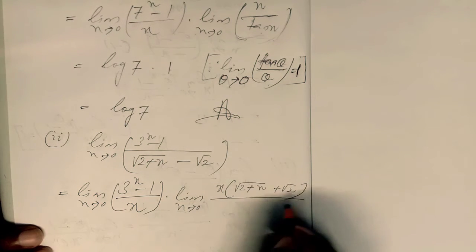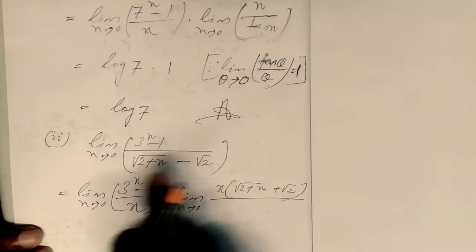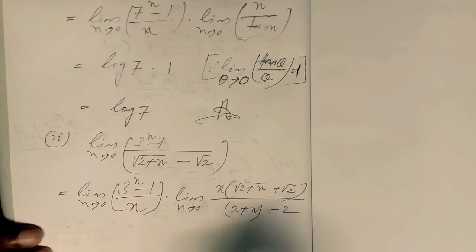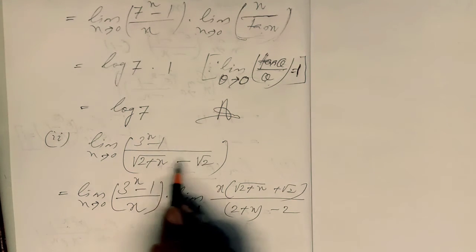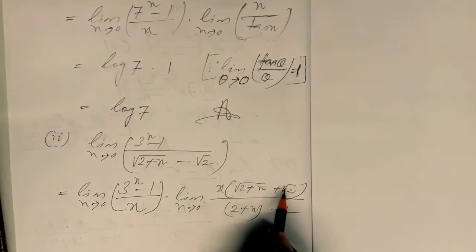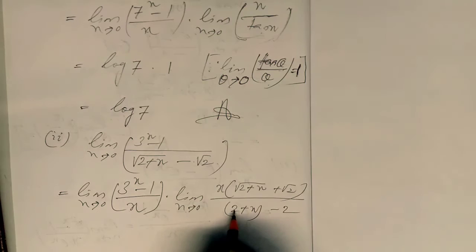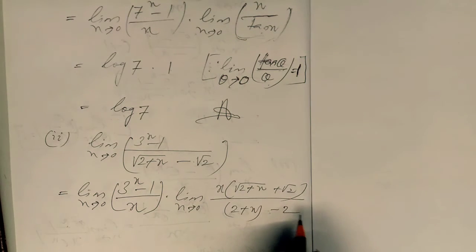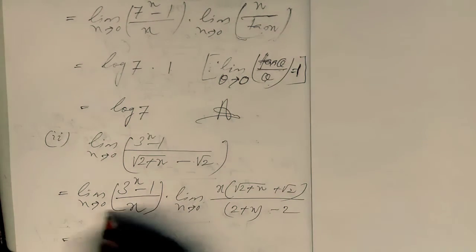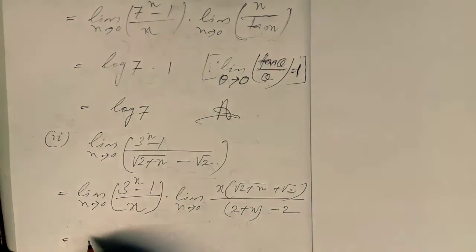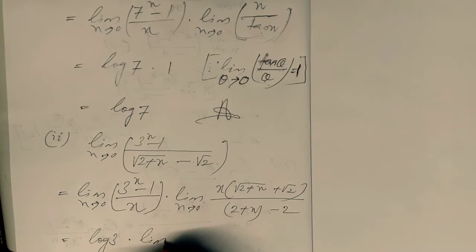Okay, and in the denominator what do you write here? If I multiply this part in the denominator, the answer will come 2 plus x minus 2, because (a minus b) multiplied by (a plus b) gives a square minus b square. Root over 2 plus x whole square means 2 plus x, minus root 2 whole square means 2. So what is the final answer you are getting here? I have divided by x and multiplied by x, adjusted. This answer is log 3. Now just check how much you are getting.